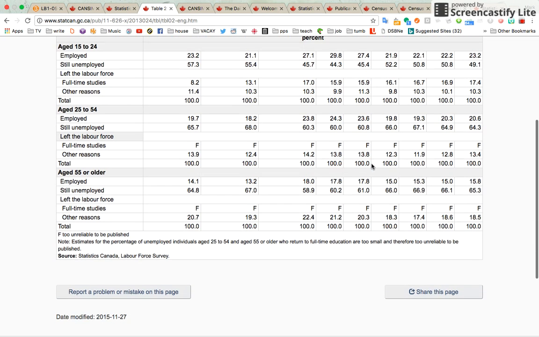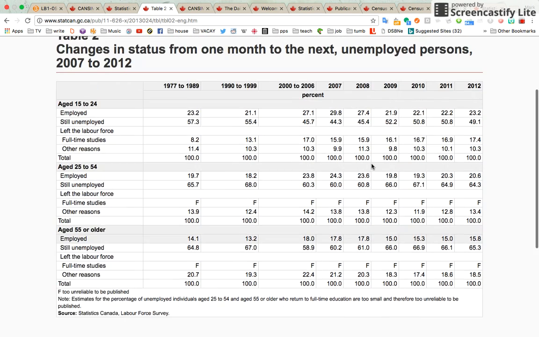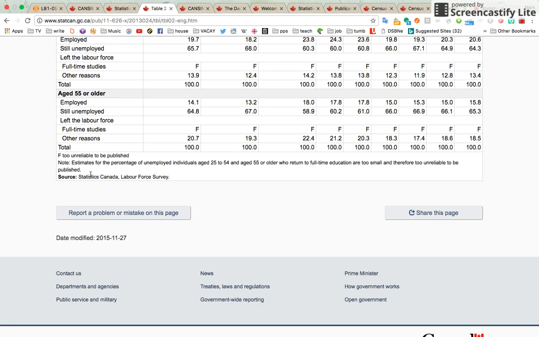But let's say you wanted more detail than this. When you look at the bottom, the source is the Statistics Canada Labour Force Survey. So if you took this, one thing you can